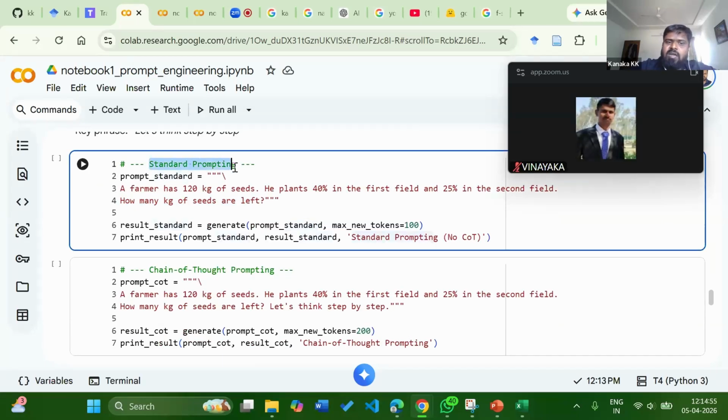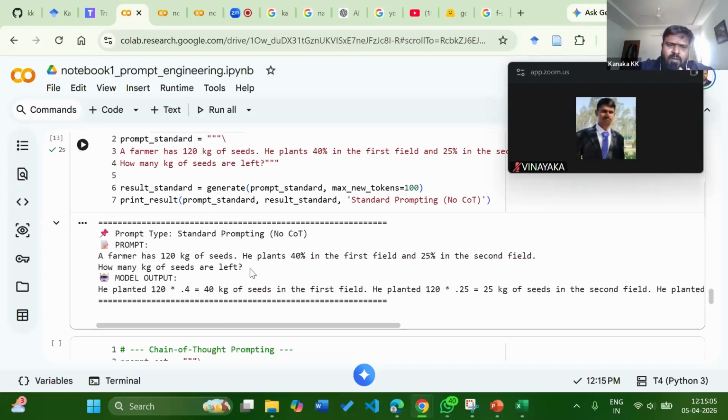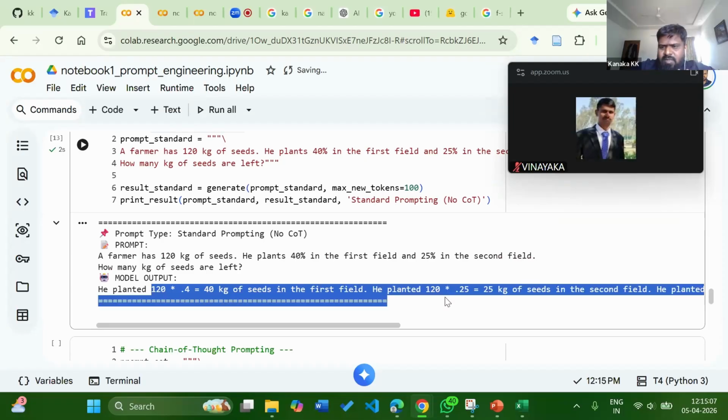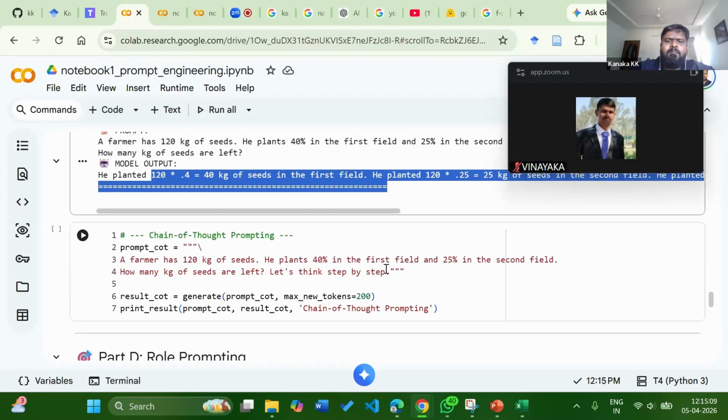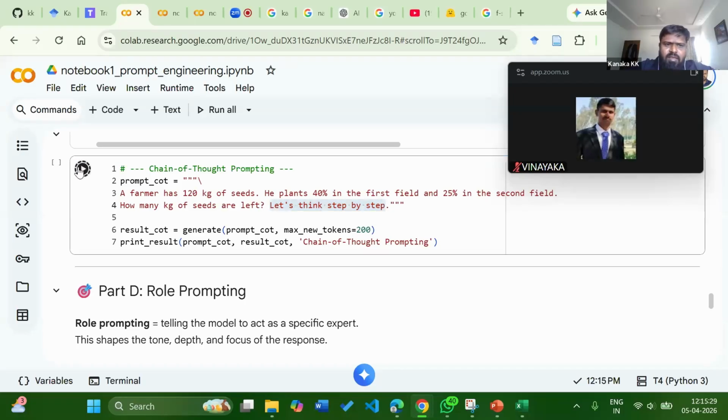So now we will use the standard prompt. Standard prompt means we are not going to ask it to think step by step. Simply we'll ask the prompt. Definitely it has to give some answer. So see, it has given some answer. But now what we do is we are giving something called a chain of thought prompt. This is a prompt which is going to trigger the model to use chain of thought. So this is a trigger. So if I run this,